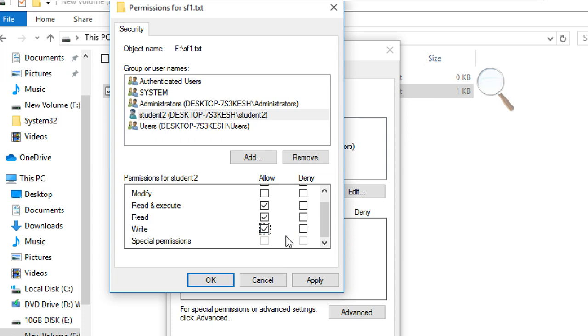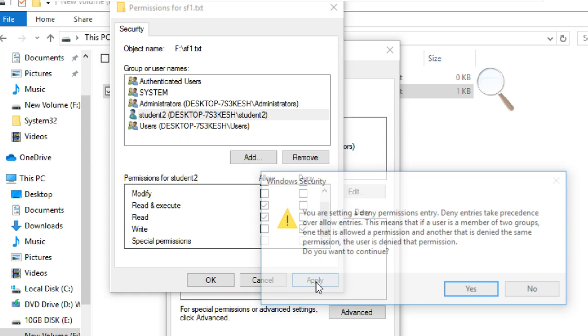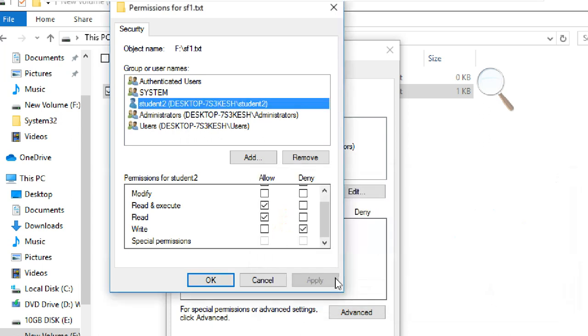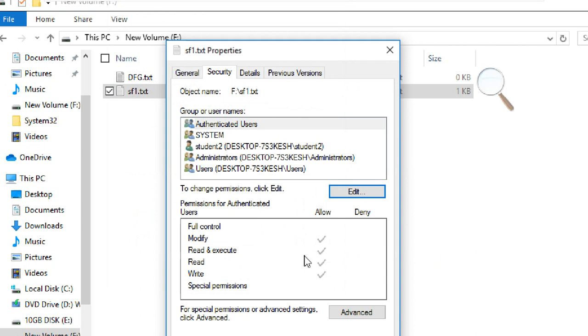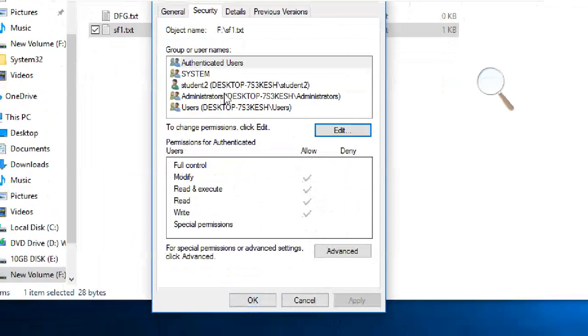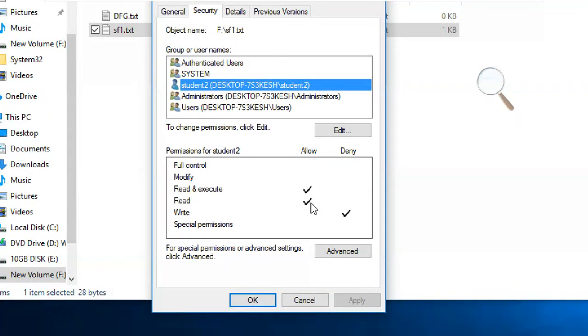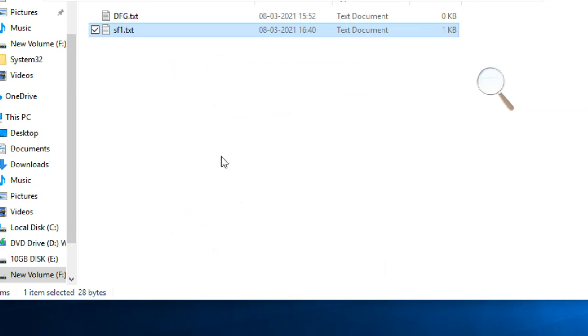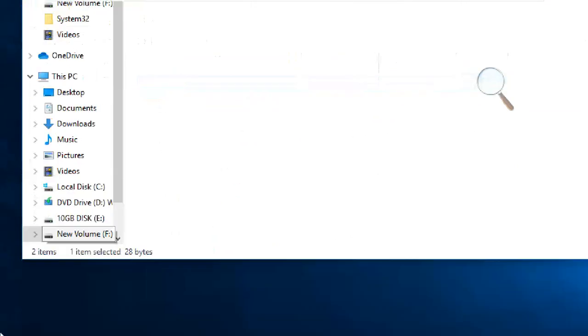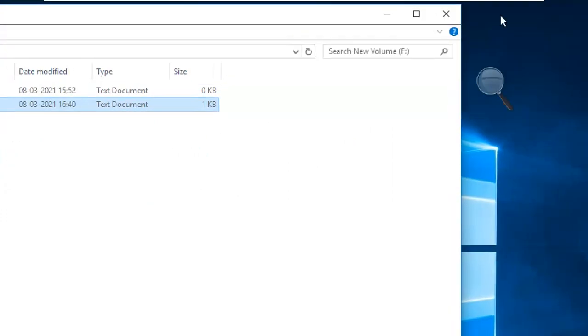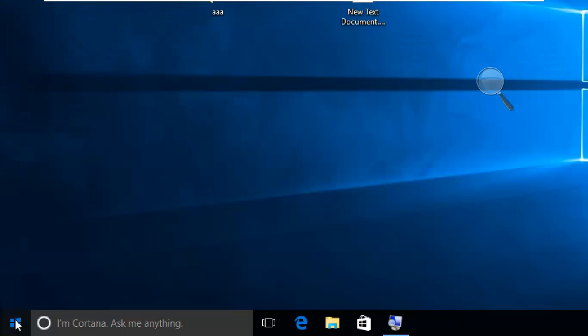Even if I select this, anyone can do it. Deny write, apply, okay, click OK. Select student2 and see these two check marks here, and this is the deny. Now this part is completed.